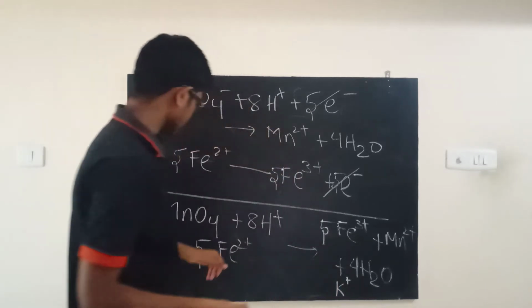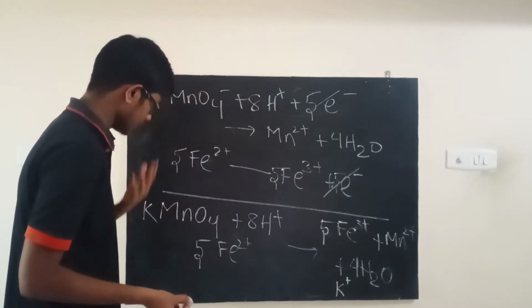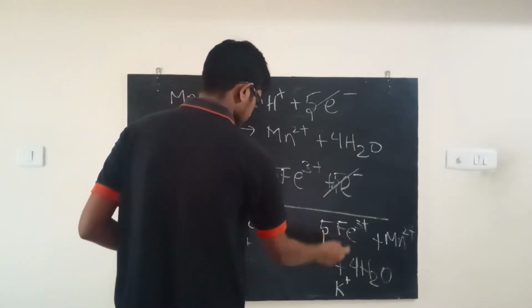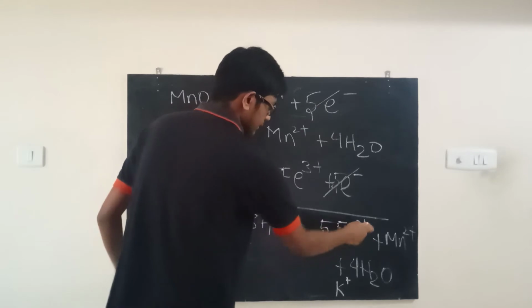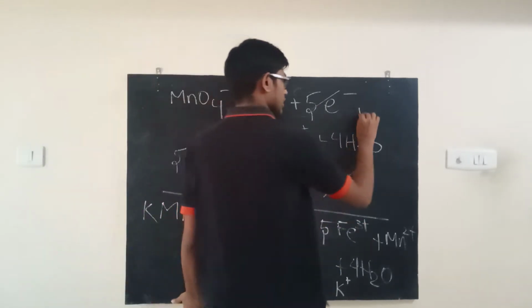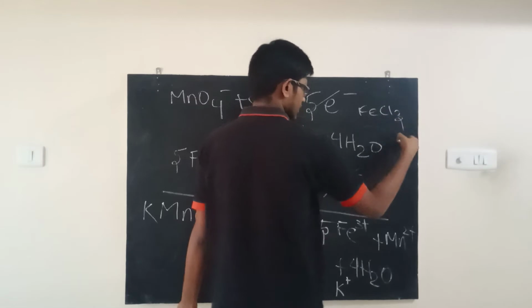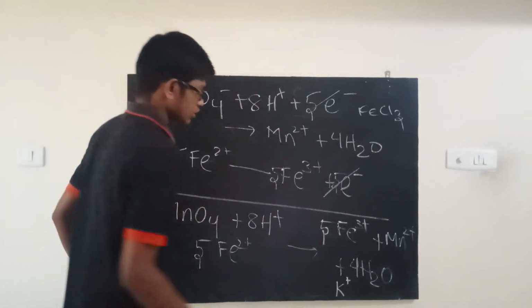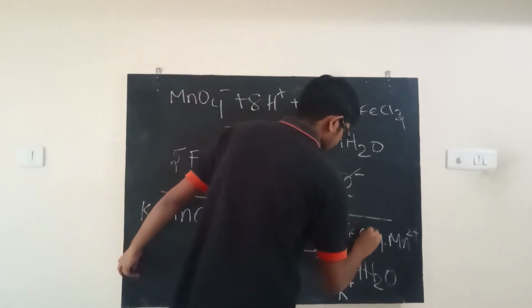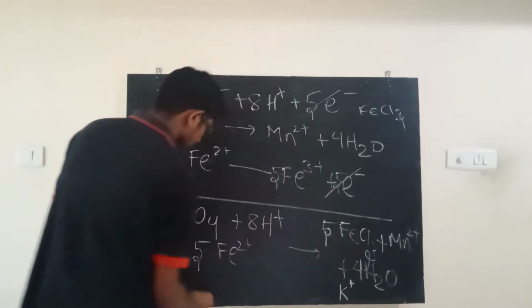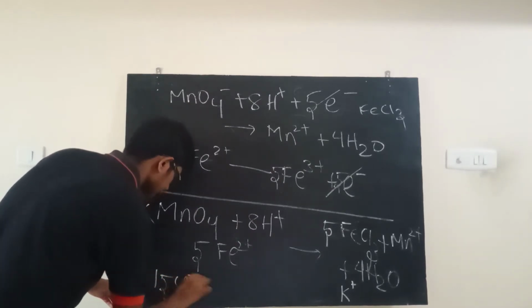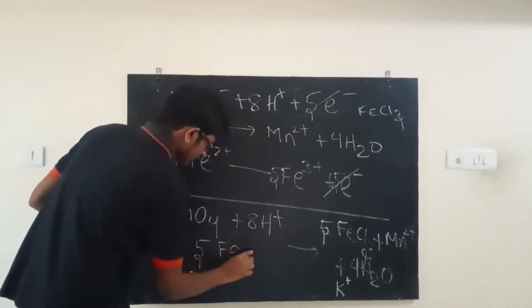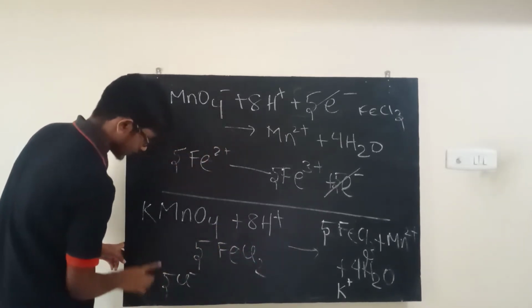Okay, it's still not over because now I have an Fe2 plus, so I need to figure out what to do with that. So, in fact, let's try to figure out what to do with this guy here. Fe3 plus, you have 5 of them. But you know that there's a nice compound called FeCl3, right? So for every Fe3 plus, you need 3 chlorides. So for 5 Fe3 pluses, you need 15 chlorides, right? So I'm going to add 15 chlorides on both sides. So you get 5 FeCl3, you're adding 15 chlorides here, right? But you have 5 Fe2 plus, you only need 10 chlorides. Then you get 5 FeCl2, right? So 10 chlorides are gone, so I have 5 remaining, right?